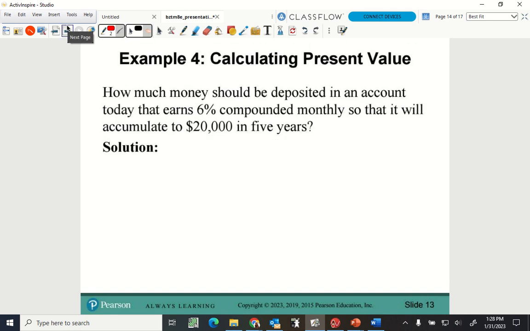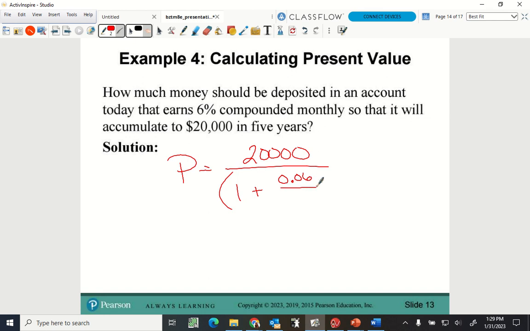How much money should be deposited in an account today that earns 6% compounded monthly so that it will accumulate $20,000 in 5 years? So, $20,000 is going to represent what? Future value, right? So that is letter A. I'm looking for my present value. So that's going to be P equals 20,000 over parentheses 1 plus my rate. What's my rate going to be? 6%. So I write that as 0.06, divided by